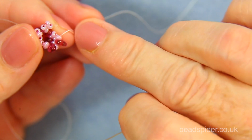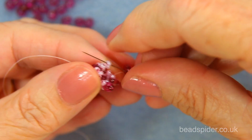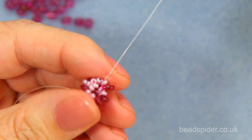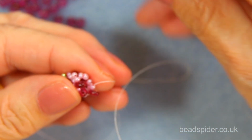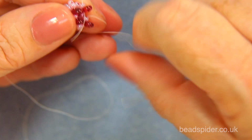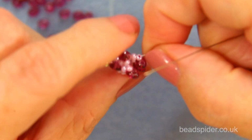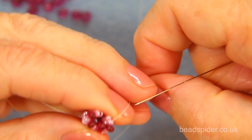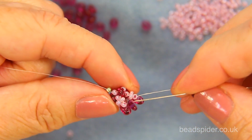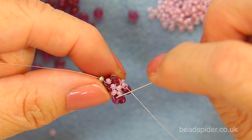Now I can start to hold it, but the thread between my fingers, now that I'm getting a few more rows done. And then I still don't have too much to hold on to though. Okay, pull up the next one. And then I'll go through the very last top of my, so you see I'm going through the top bead,